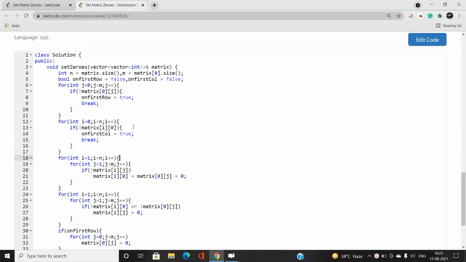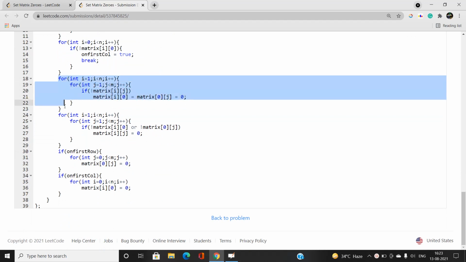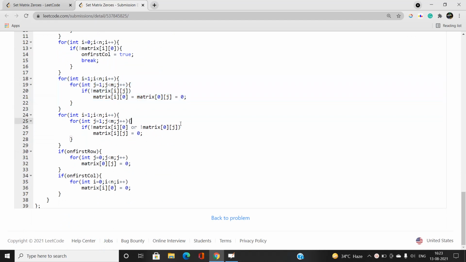The very important thing is to iterate over this entire matrix, and if the cell value is 0, note that I'm using the inner matrix concept, where i starts from 1, and similarly j starts from 1. I am discarding the very first row and the very first column, and if the matrix value is 0, we use the very first row and the very first column as our visiting vector, which checks whether this particular row or column holds the value 0.